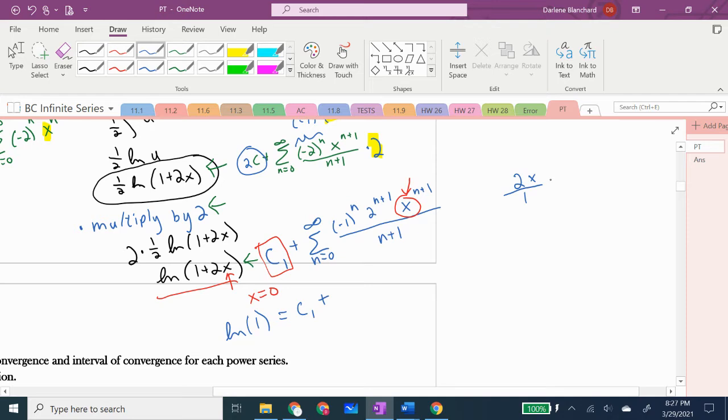My next term is going to be negative 4x squared over 1 plus 1 is 2. And the pattern will continue. If I'm plugging 0 into these x's, I am getting 0. So my unknown constant is the natural log of 1, which happens to be 0. Which means that my actual final answer is just